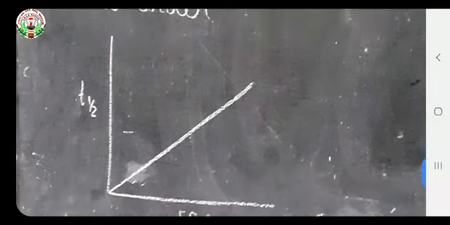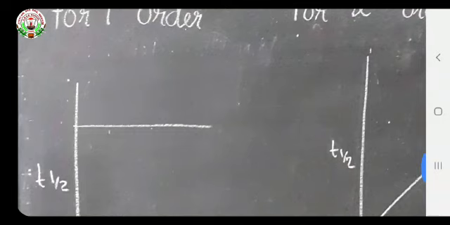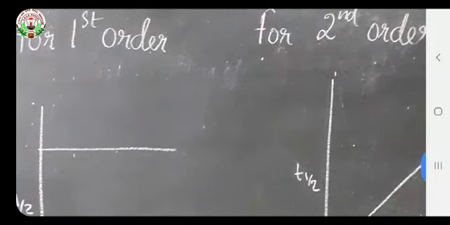With the help of these graphs, we are able to know the half-life period of the reaction. Sometimes this type of graph might also be asked in your exam, so be prepared for the graph also. This graph will be given in your exam, and it would be asked which order of reaction it follows. So with the help of these graphs, you are able to know the order of the reaction.